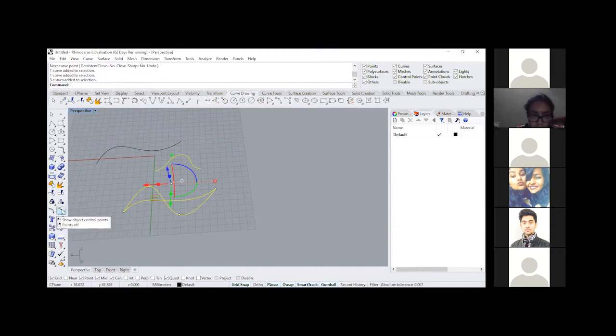I want you all to take a note of this. You can turn on the control points for any of the objects that you have selected with the help of the points on icon over here. And this has a shortcut also. So say, for example, I'm selecting these curves and I can press